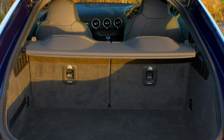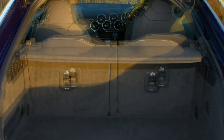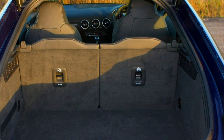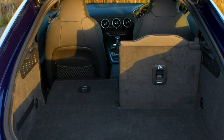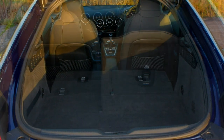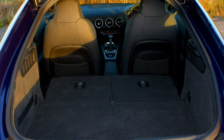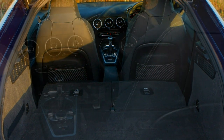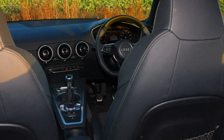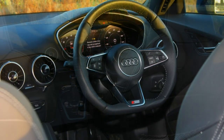Advantages of moving up to the pricier S-Line grade are largely cosmetic, as it nets you larger 19-inch 5-spoke alloys, a more aggressive-looking body kit and high-tech LED headlights and tail lights. Ironically, the S-Line trim is sportier than the Sport trim with stiffer suspension and a 10mm lower ride height as standard. If ride comfort is a priority, though, you can swap the S-Line suspension for the more pliant regular setup